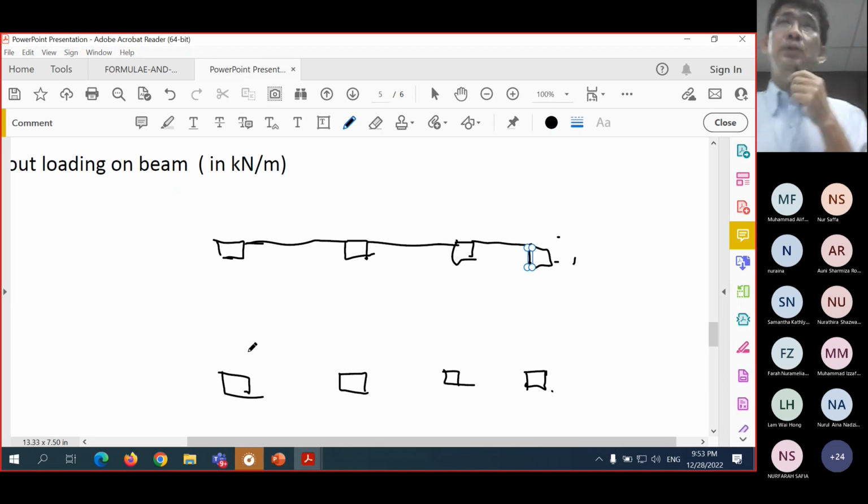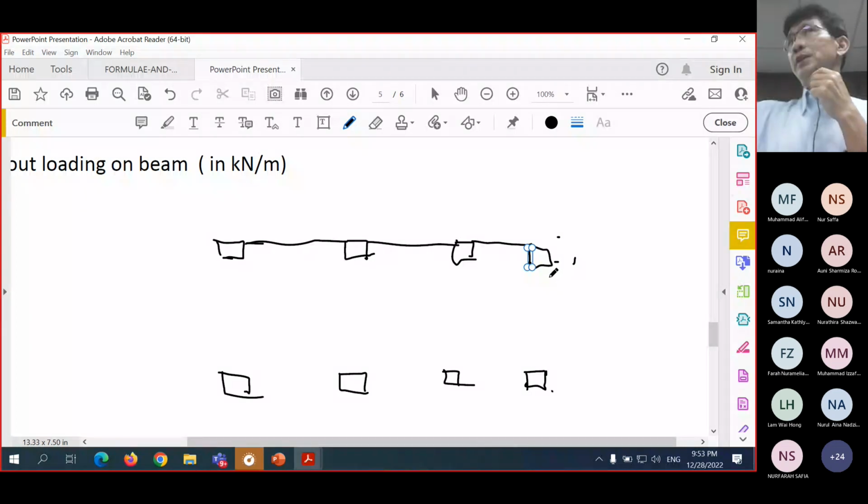Now, to design this kind of shape of column is not in your syllabus. You design a rectangular column or square column, but to design this artistic shape, I think it is not in your syllabus. So I'm sorry, I cannot draw it in the proper way with the mouse here. I want to show you that if you have to design this H-beam,